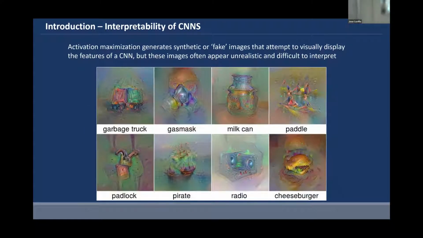Now, lastly is activation maximization, right? This generates synthetic or fake images that visually display the features of the CNN. I mean, they look pretty cool, right? But they're so surreal and so dreamlike, it's very difficult to discern any sort of meaning in the context of radiology. So imagine creating a